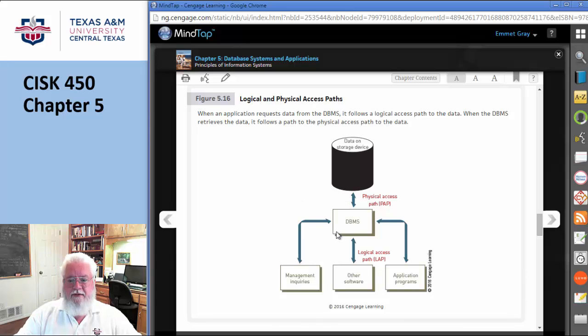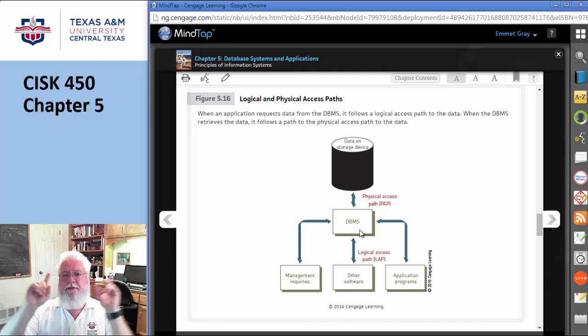The bottom line is the physical layer is not touched by the user. Nobody, not people in this area, no one talks to the data directly. It all has to go through this database management system. And the reason is this guy plays traffic cop. If there's 2 people trying to modify an attribute in the same table at the same time,